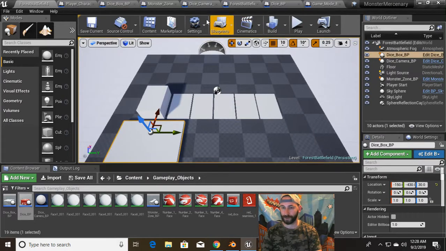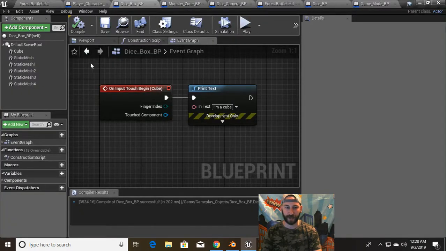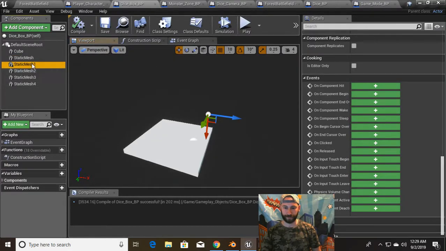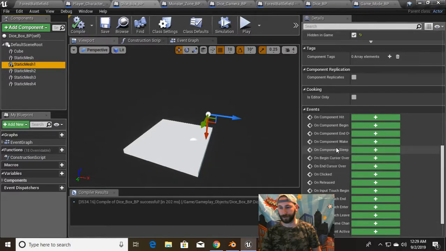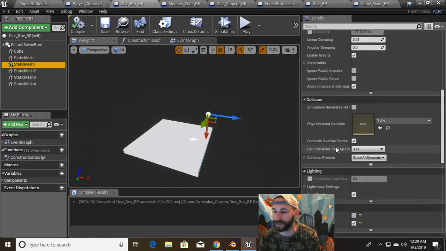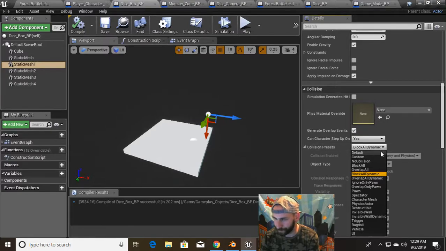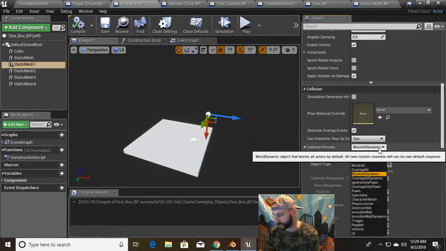So let's go back into this dice box. We need to make sure that all of these, there's a setting and I need to remember which one it is. We need to adjust the